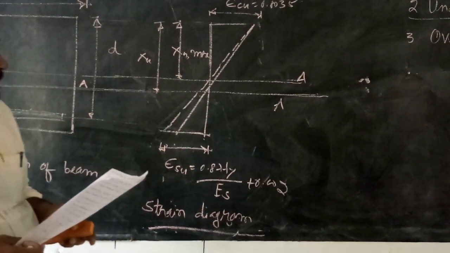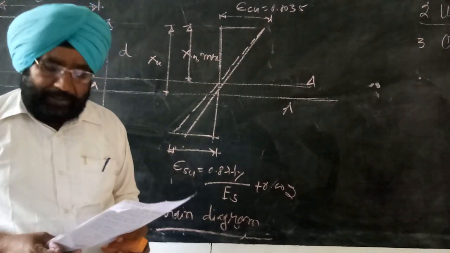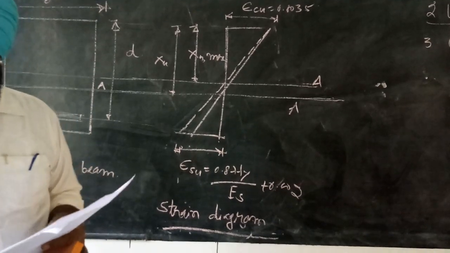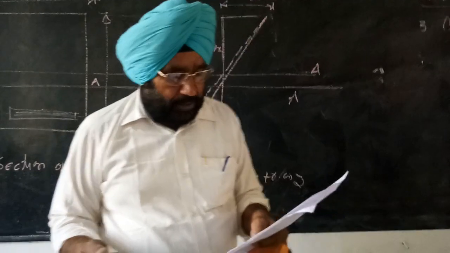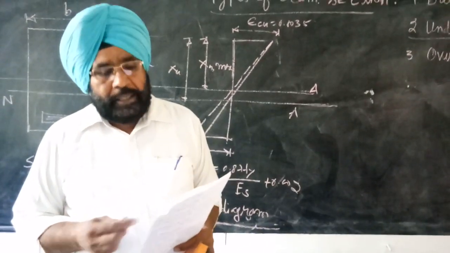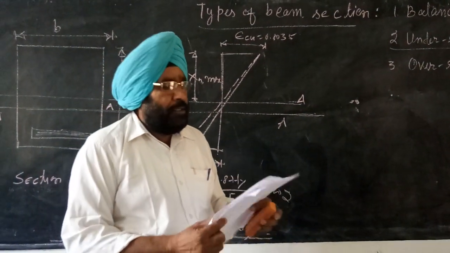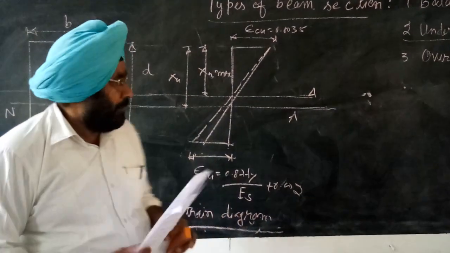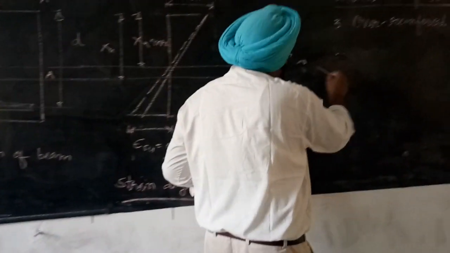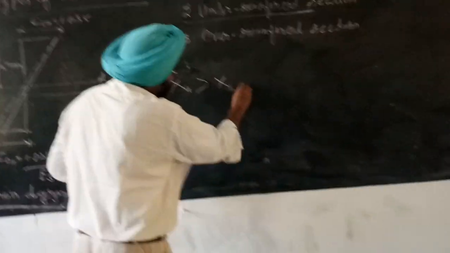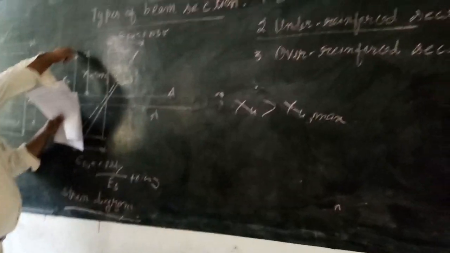Over reinforced sections fail by compression failure of concrete without much warning and with very few cracks and negligible deflection. The IS code 456:2000 recommends that such a section should be redesigned, and by limiting the percentage of tensile steel we can restrict the use of over reinforced section. In over reinforced section, xu is more than xu max, the depth of the neutral axis is more than the maximum depth of the neutral axis. This is the depth of the neutral axis for over reinforced section.